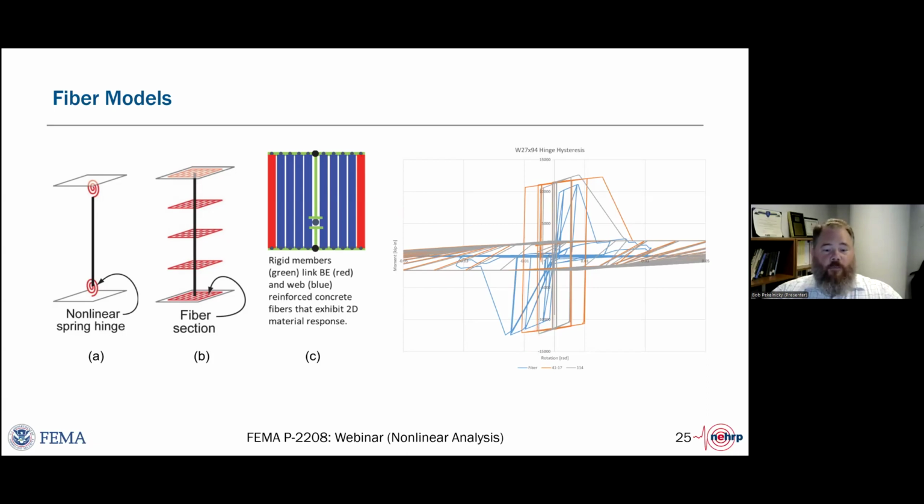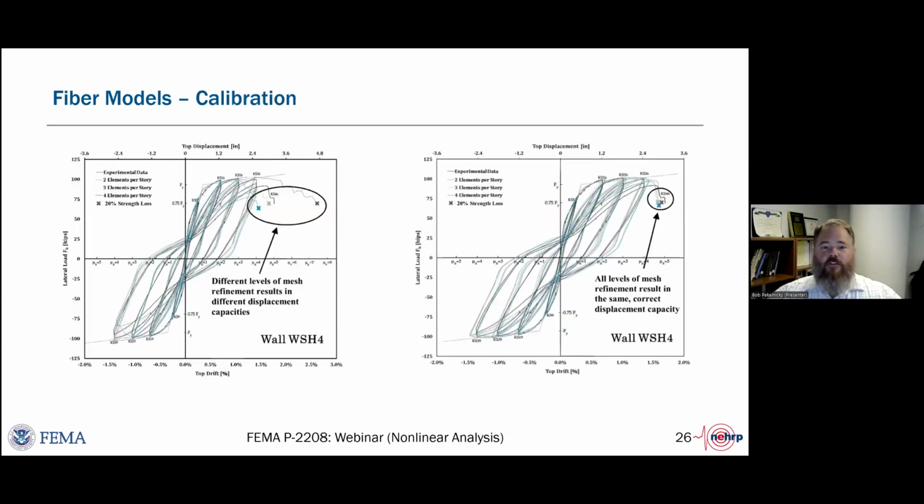One of the things, though, with the use of fiber models is the transition from the stress-strain response to the component action response. And heretofore, there were not really any directions on what you needed to do or what level of validation was needed. Because most researchers test components, they're not tracking the strains in discretized fibers. They're just generally tracking a moment rotation, or shear versus shear deformation. And those are what the backbone curves in ASCE 41 are based on, or what the hysteretic shapes in research reports are based on.